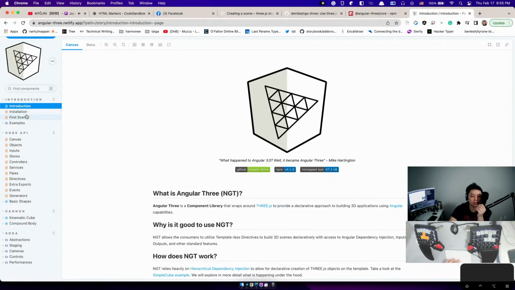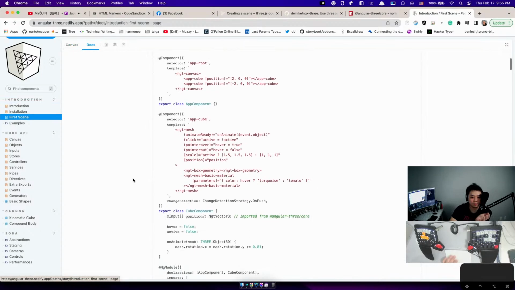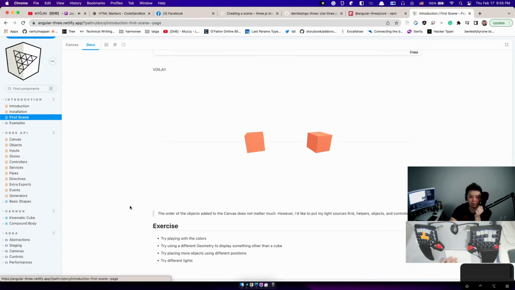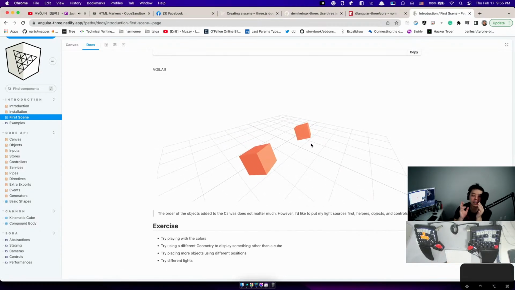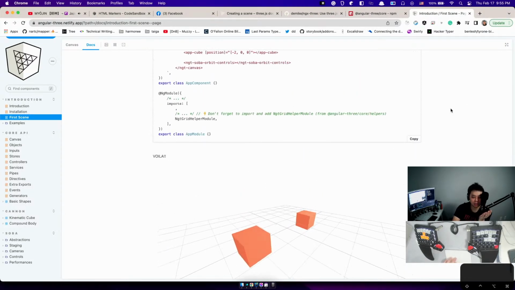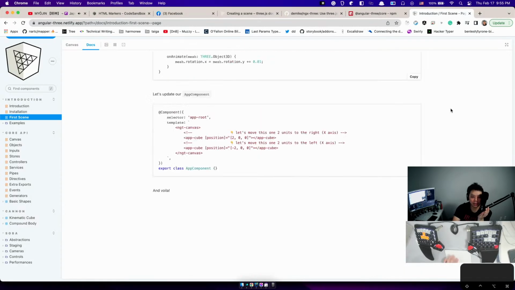So if you go to here and then you go to the first scene and you follow the first scene, you will end up with this, right? You have two cubes, which is basically angularized into components, and so you can have copies of them, right? And then you can interact with them and move the mouse around and stuff like that. So if you follow the tutorial, you would end up with basically this